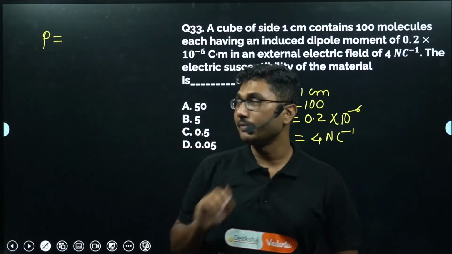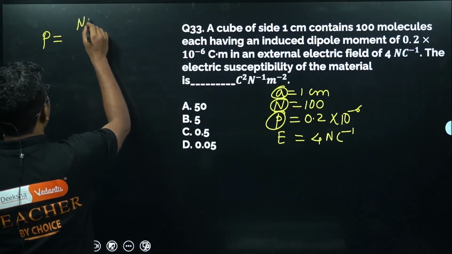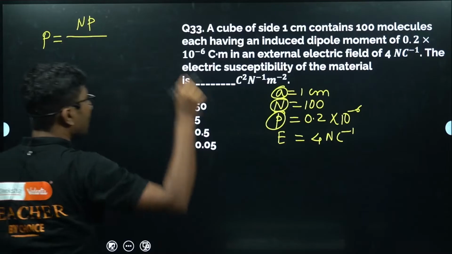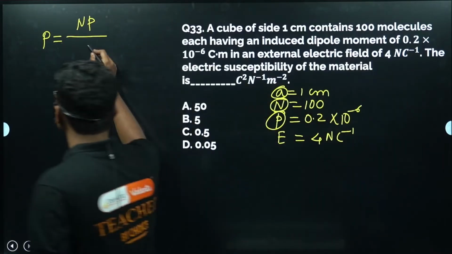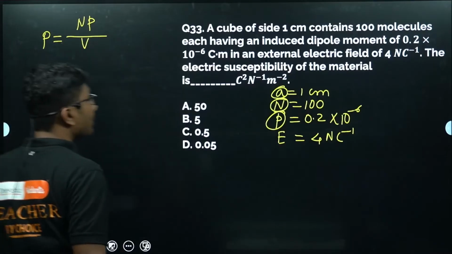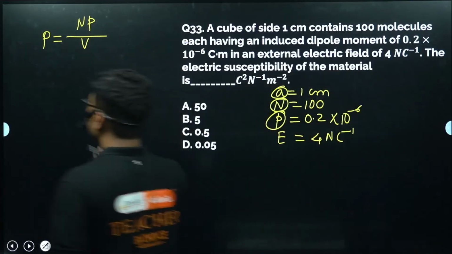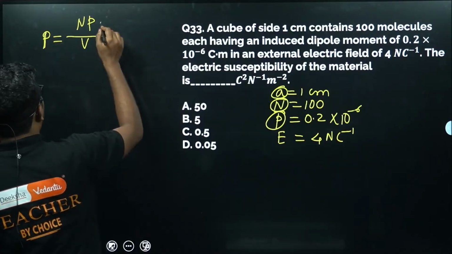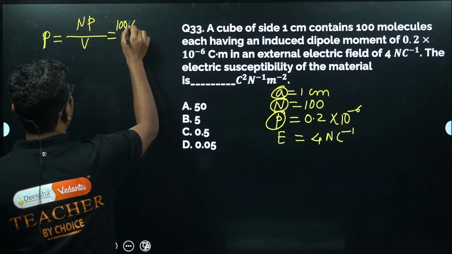there is a formula given in polarization. Polarization of the medium is given by the number of molecules times the electric dipole moment of each molecule divided by its volume, that is called the polarization of the medium. So polarization is capital P and this is small p. So what is N? N is 100, p is